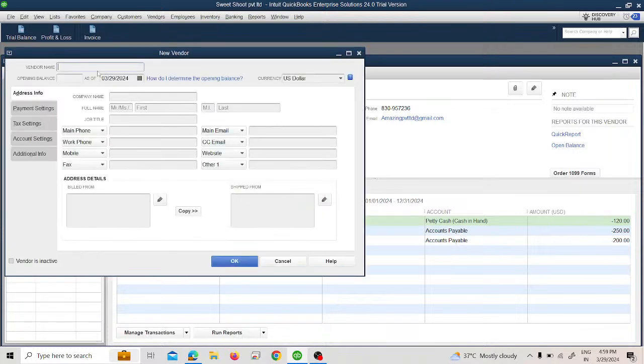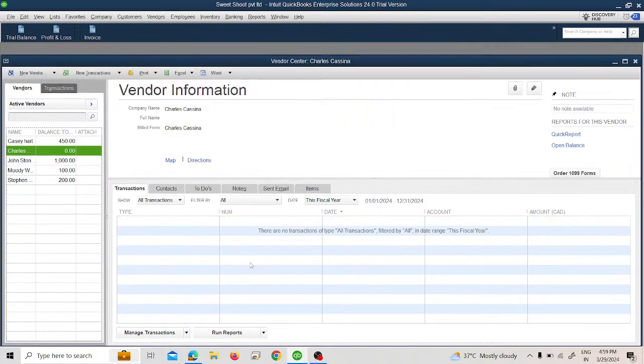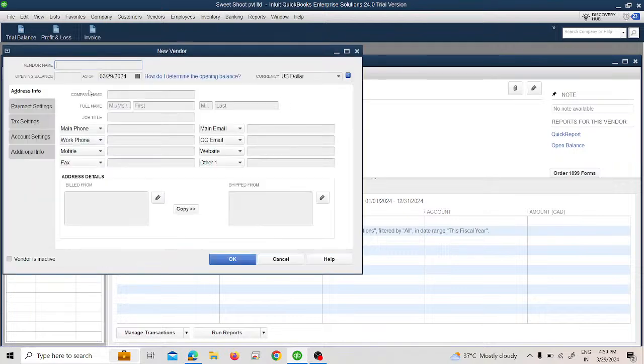Here, click on vendor, just add Charles Casina. In which currency is he going to receive? In Canadian dollar, and we just click on OK. Now we will add another vendor for the other currency, that is